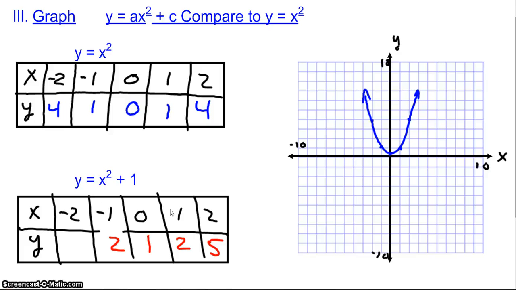And then plug in negative 2, and what do you get? Very good. So when we go and graph these points, we have 0, 1, right? We have 1, 2. We have 2, 5. Negative 1, 2. Negative 2, 5. Okay, so when we draw the parabola,